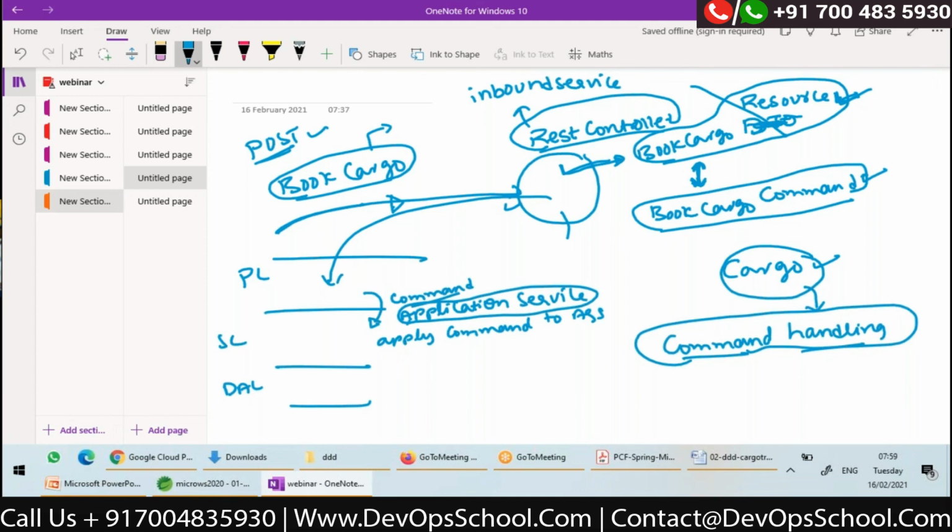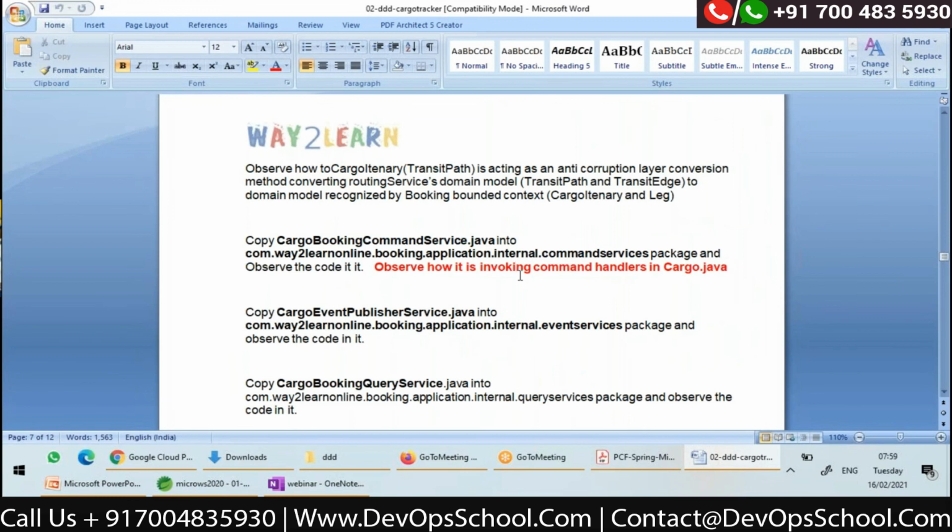So I can say that the application service will act as a facade to my domain model, and this facade is responsible for either invoking the external outbound services or invoking your repositories. So application services in DDD are nothing but objects which act as a facade between your inbound services and outbound services and your domain model, right?